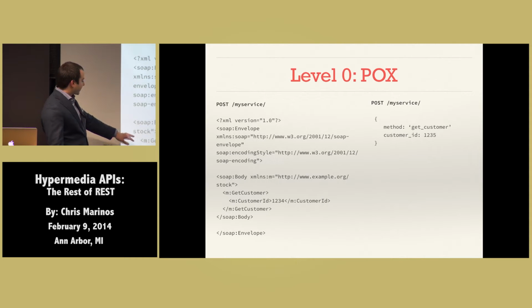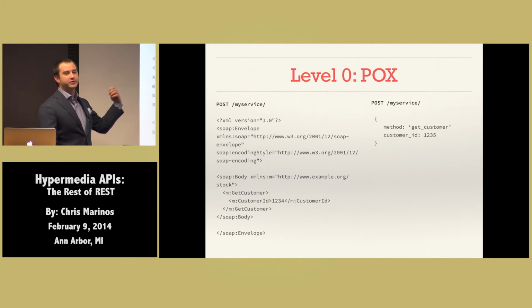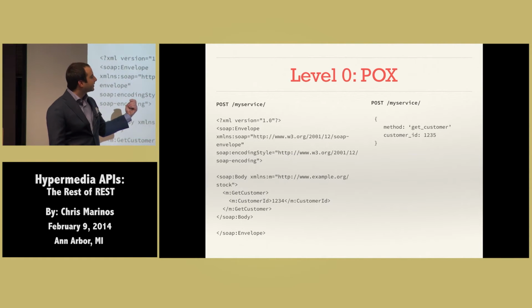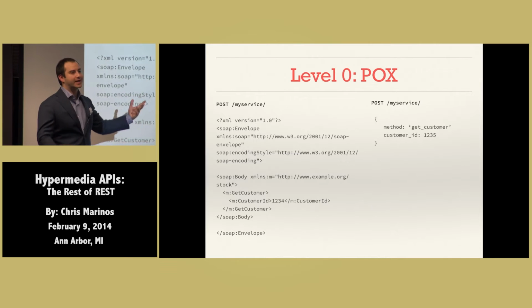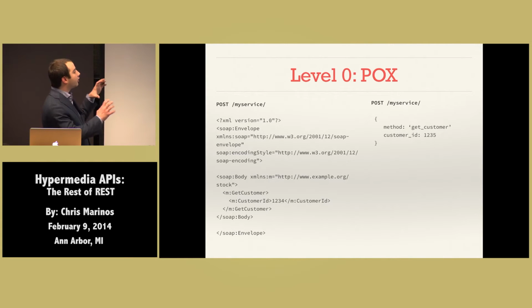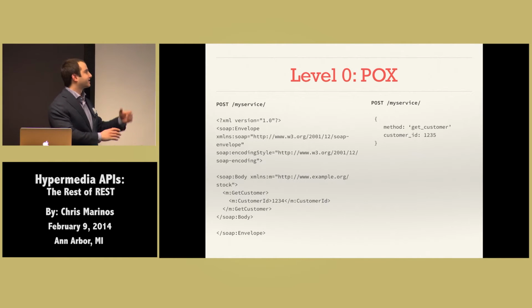Basically, you'll send a request over this one endpoint, using a post or something to send it. You can do the same thing with regular old JSON: I want to get customer, here's the customer ID, and I post that to my service. So we're not following HTTP at all. Our whole API is one HTTP endpoint, and everything's funneling through there. It's not to say there's necessarily anything wrong with this style. It's not an attack on SOAP. It's just that if you're using HTTP as your uniform interface, this is the furthest away from being RESTful in that model,